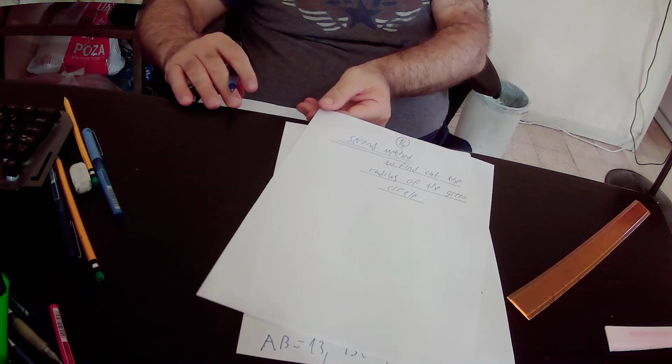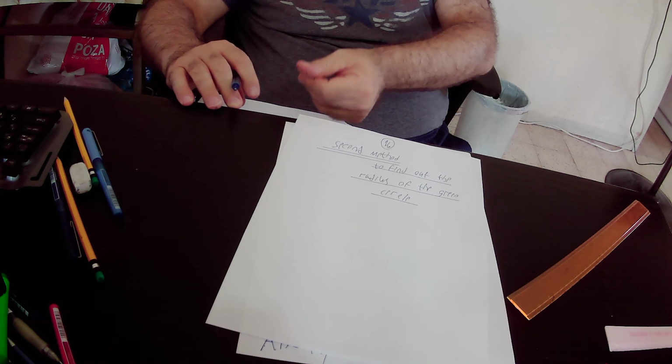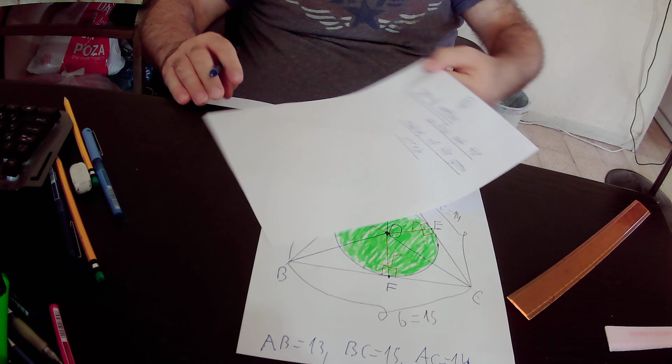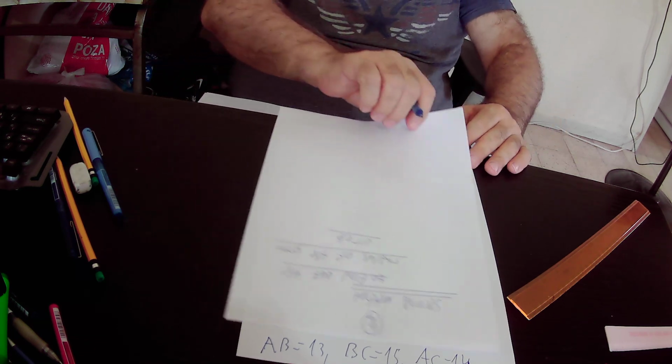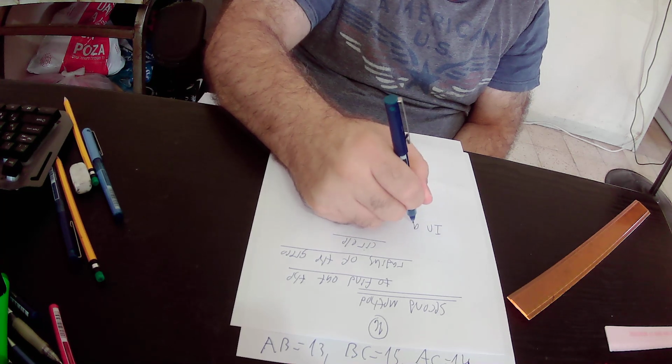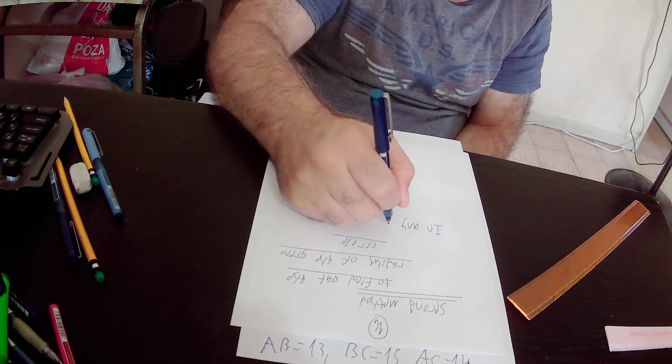Okay, a second method to find out the radius of the green circle. Actually, we know that in any circle that is inscribed inside a triangle,